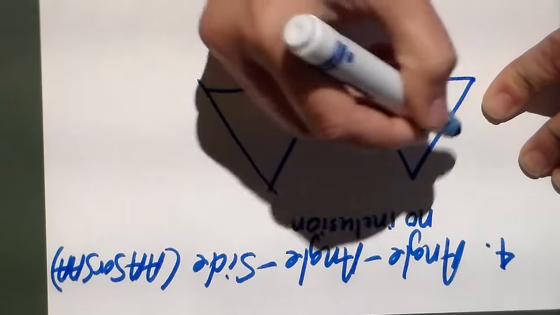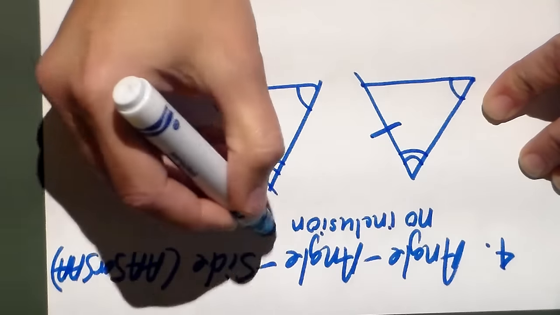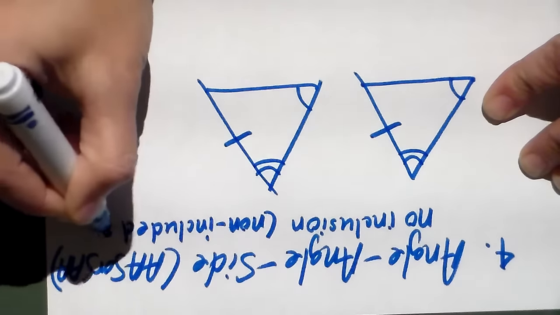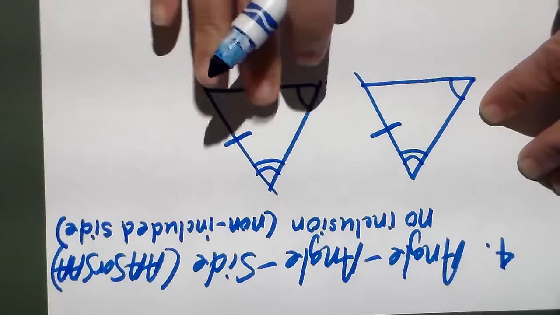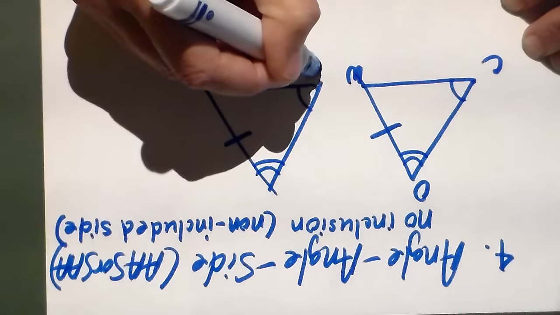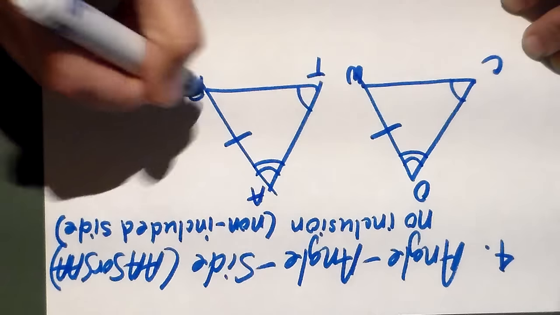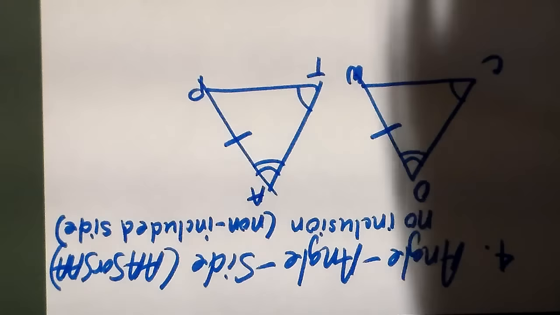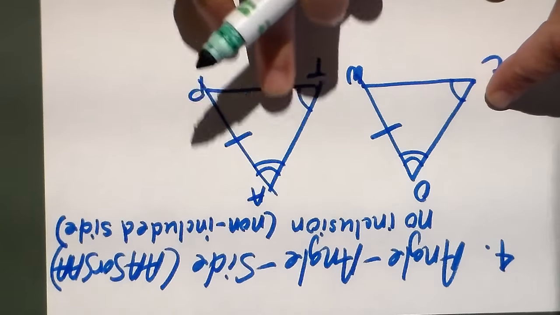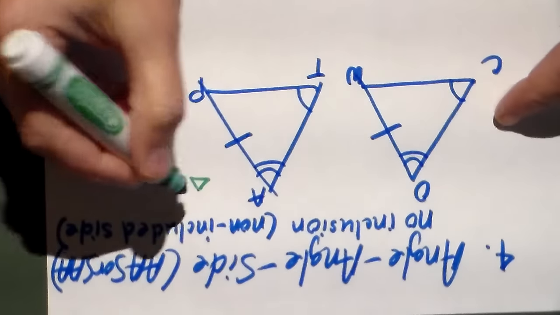If I've got two triangles, if I've got an angle, another angle, and I've got a side, it is a non-included side. If it's a non-included side, then I have angle, side. But be careful. The side has to be attached to the same angle. If this side were attached to this angle, that would not be angle, side. So in this particular one,